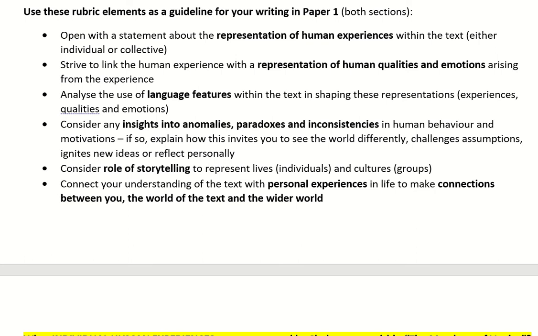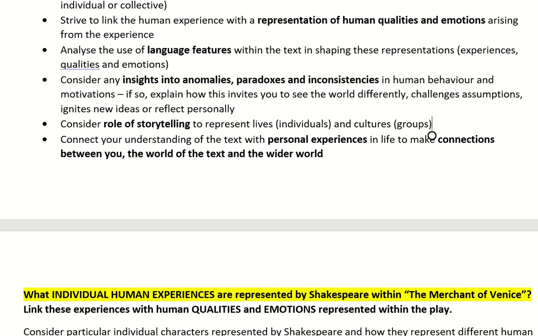Finally, you should always make sure, Year 12, that your discussion within Common Module is connected to your developing personal understanding. So being able to connect some of what you're exploring in a text with your own real world experiences and your real world knowledge, being able to tangibly connect those pieces, the representation, to your own understanding is really, again, one of the crucial elements here in Common Module.